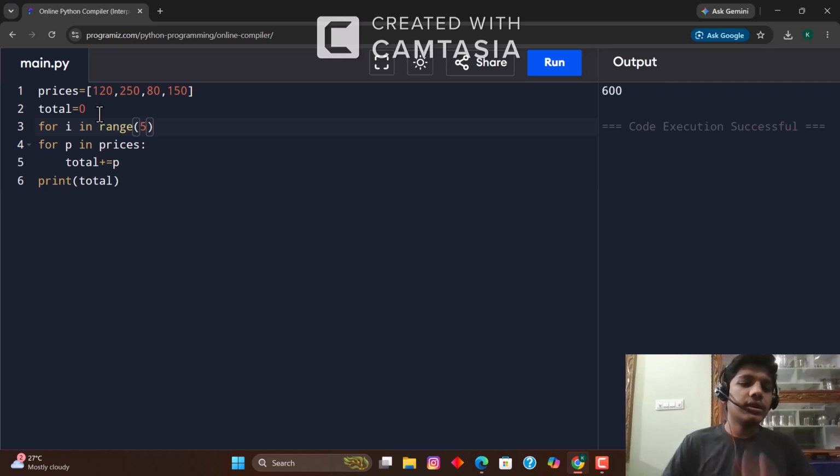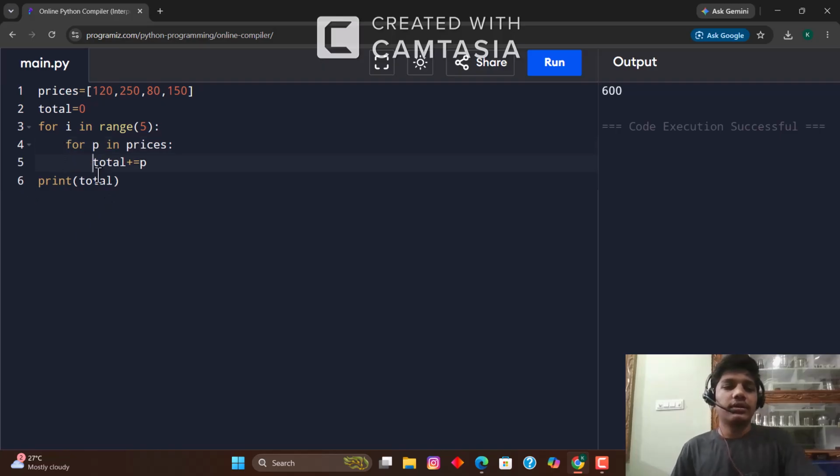So market, anything like here. If we use for here, we have to use indentation here also. See, for i in range, I think it will show an error because this loop will run five times. If I run it, it will show an error. We know that